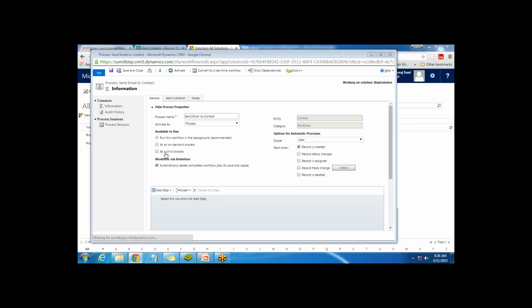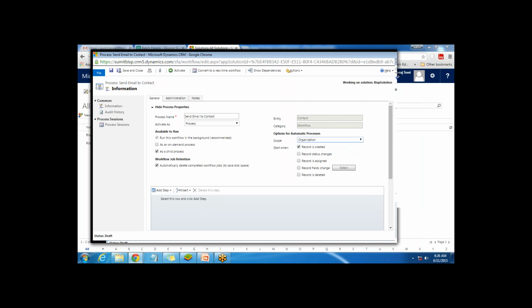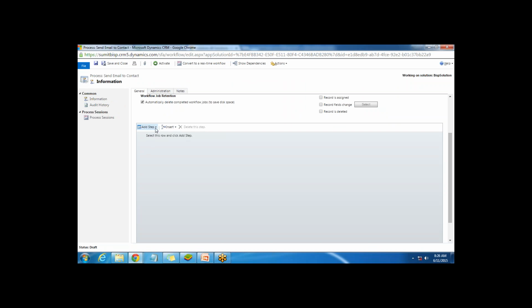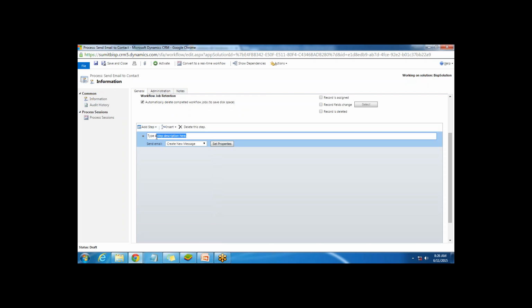Here I'm going to select child process because I want this workflow to be executed as a child process from within a dialog. So that's why I select child process here, and the scope I set to organization level. Then I'm going to add a few steps here. My requirement is that this workflow will send an email to the contact. So I'll add here send email and add a step, add a description,